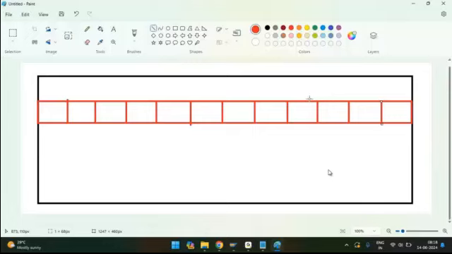The screen is divided into 12 equal parts, and each equal part is called a grid, and there is no specific size for the grid. Why is there no specific size? Because if you take a mobile screen, the width is very small, so even within that small screen it is divided into 12 equal parts only. If you take a tablet or iPad, the screen is a little bigger, but again it is divided into 12 equal parts. In a laptop also it is divided into 12 equal parts, even if you take a big